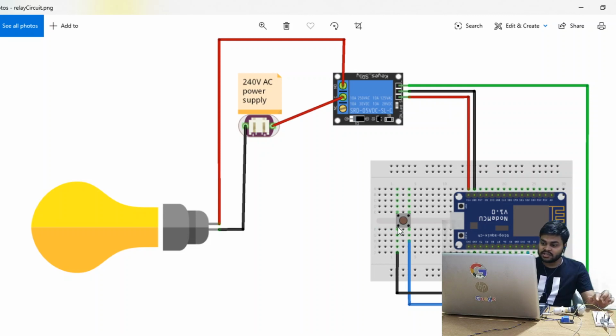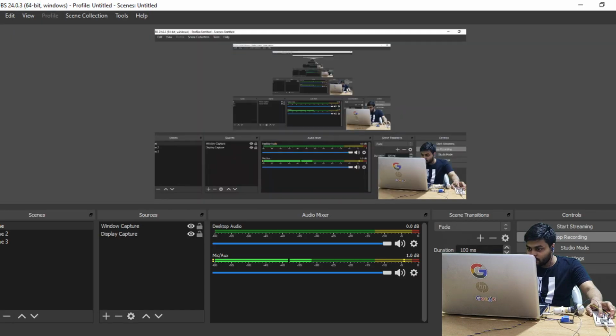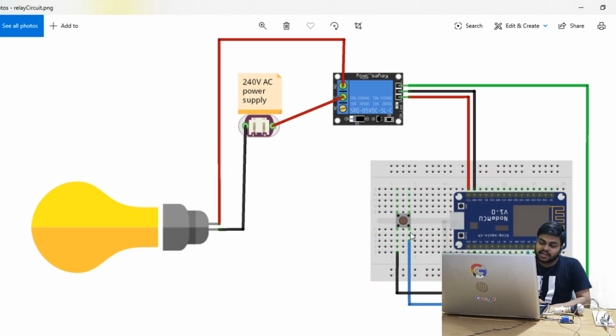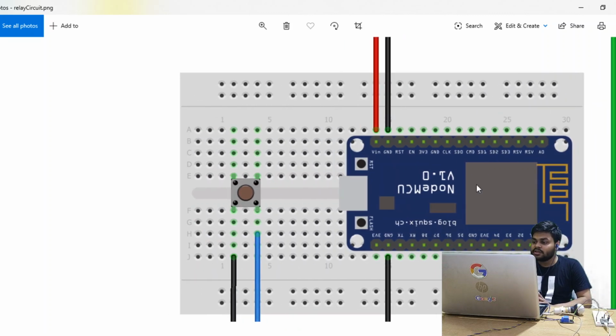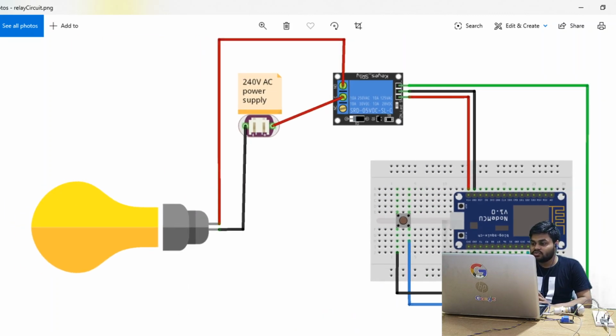So when I click this one, you can see that a blue light will be turned on. I don't know if you can see it or not, but let me check. Okay, so you need to connect like this, and you can see that when we click this button, the built-in LED which is connected to pin D4 will be turned on. So this is the purpose why I connected this built-in LED with D4, and the normal light, the relay module, with pin D0, which also has a built-in LED.